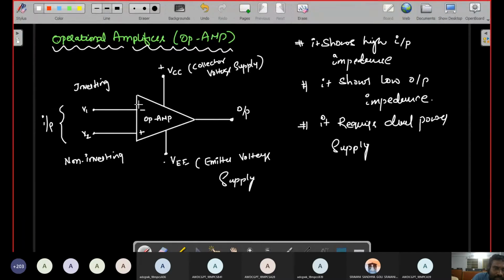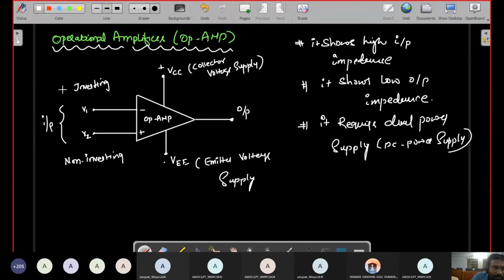Because we already studied the block diagram, the level shifting stage. So in the level shifting stage, what will be happening? Some DC voltages are present in the level shifting stages, and these DC voltages approach near to ground. So that's why we have to use this DC potential. DC potential is required for operating this amplifier. So it requires a DC power supply actually. Okay, right. This is the operational amplifier.